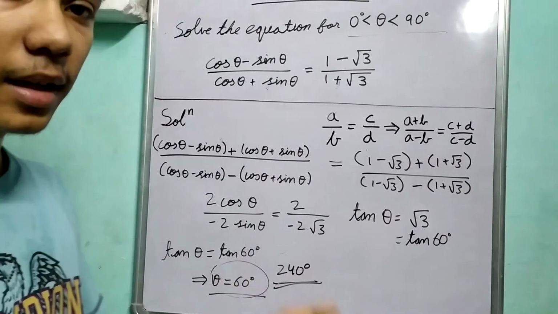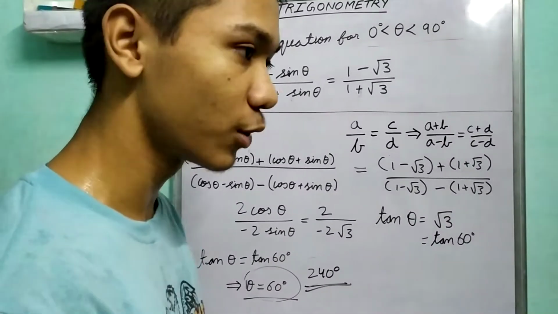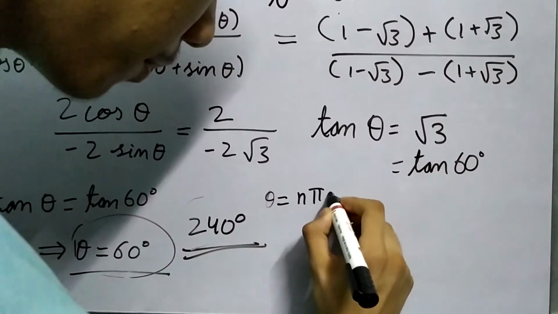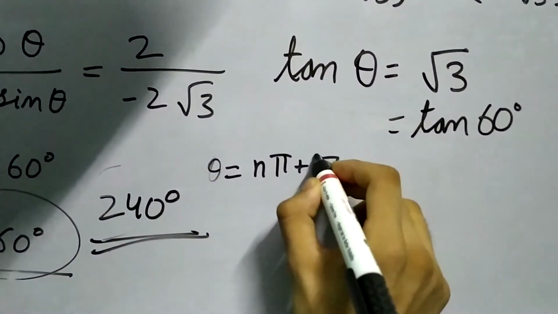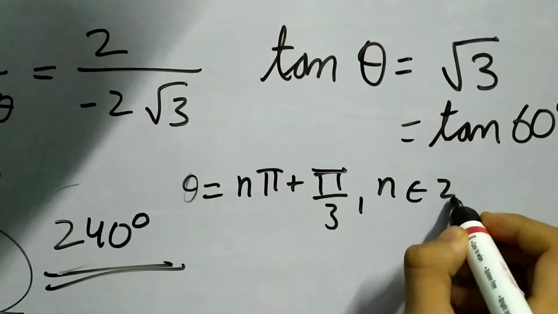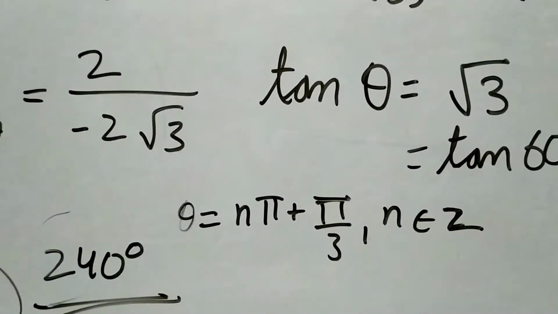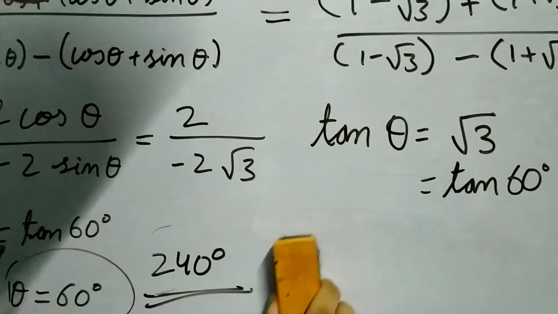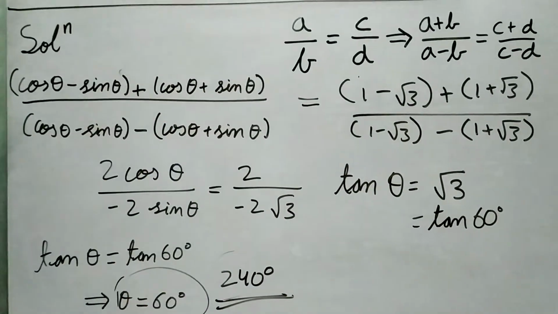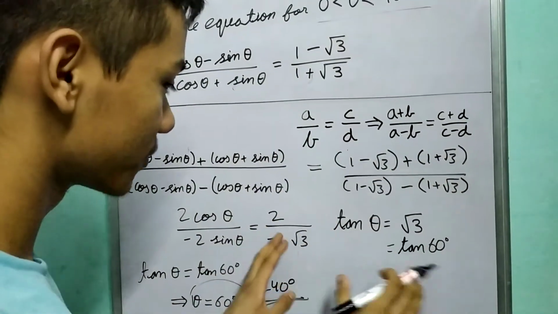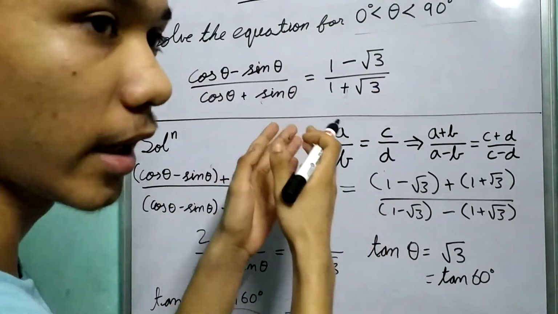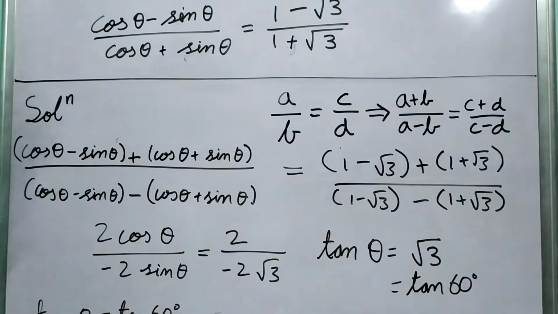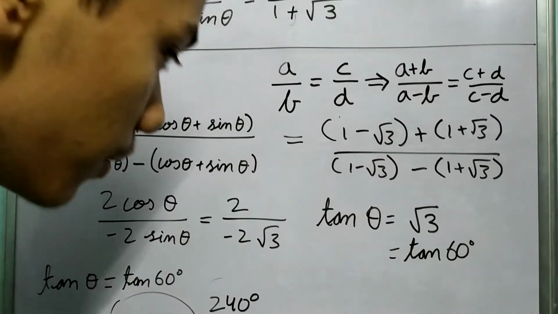Now, those who might be interested in knowing the exact general solution, it might look something like this. That theta will be equal to n pi plus, where n is a member of integers. Well, this might really look complicated to many of you. This was to show what a general solution for these kinds of equations looks like. This is called a trigonometric equation. Now, what is the more precise way to do it?